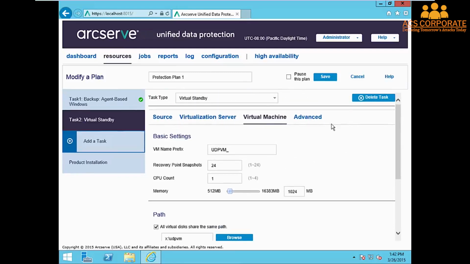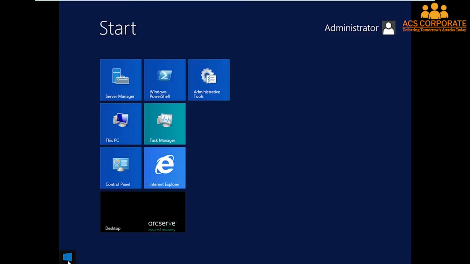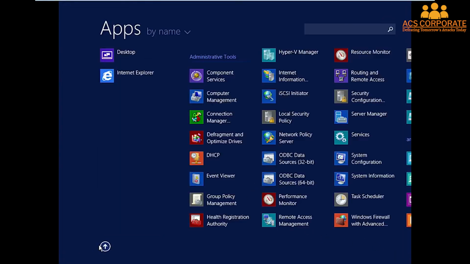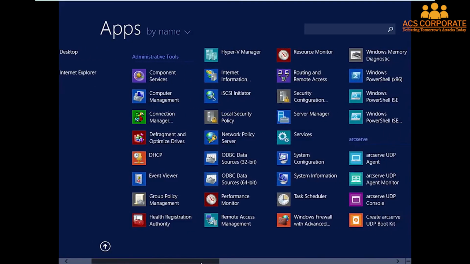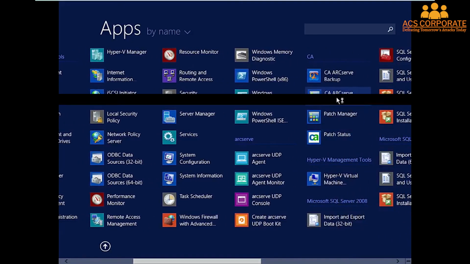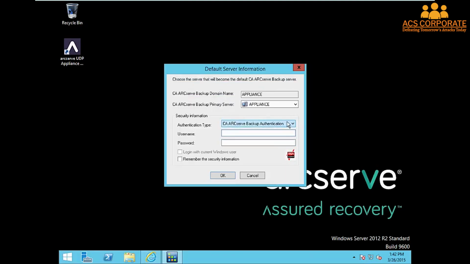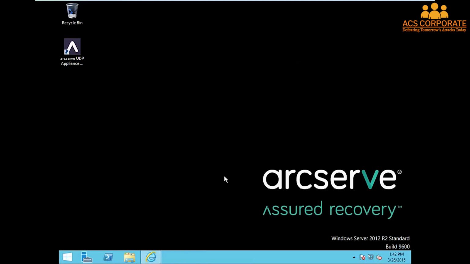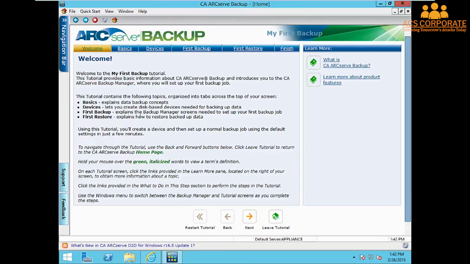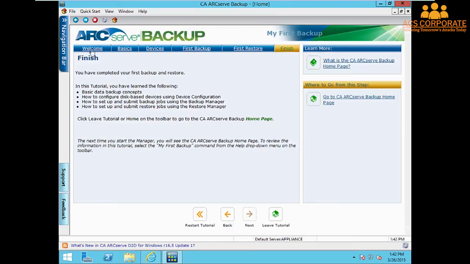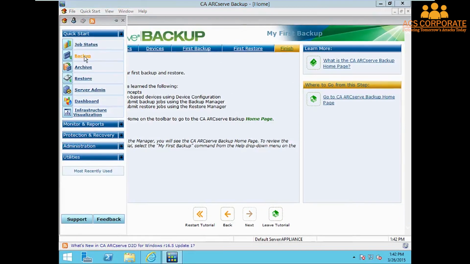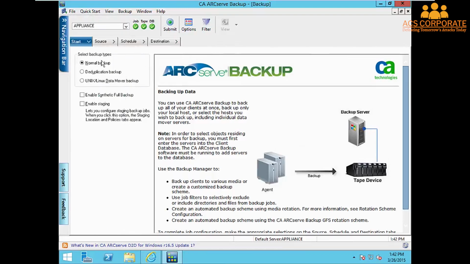The last feature that I want to show you is actually outside of the UDP console. So let's go ahead and minimize this. We will go to the Start menu, and we will go to the Application screen, and I will go ahead and open up the Arcserve Backup Manager. We will use Windows Authentication and click OK. We can exit out of the My First Backup tutorial and go directly into Backup. We will do a normal backup, go to Source,